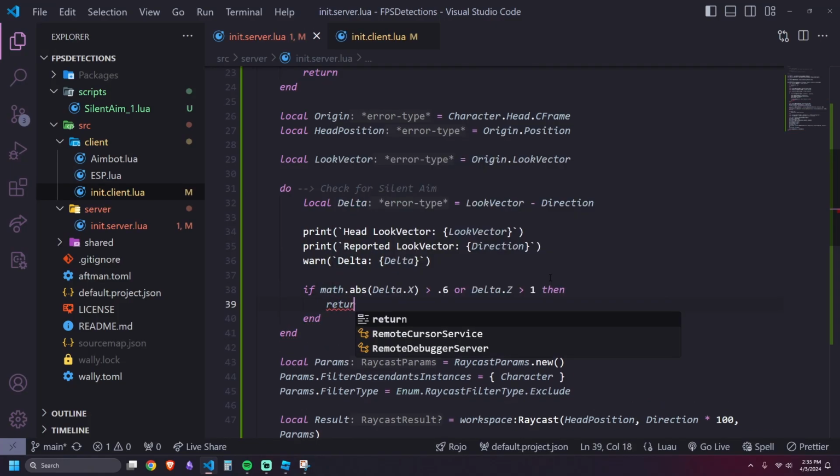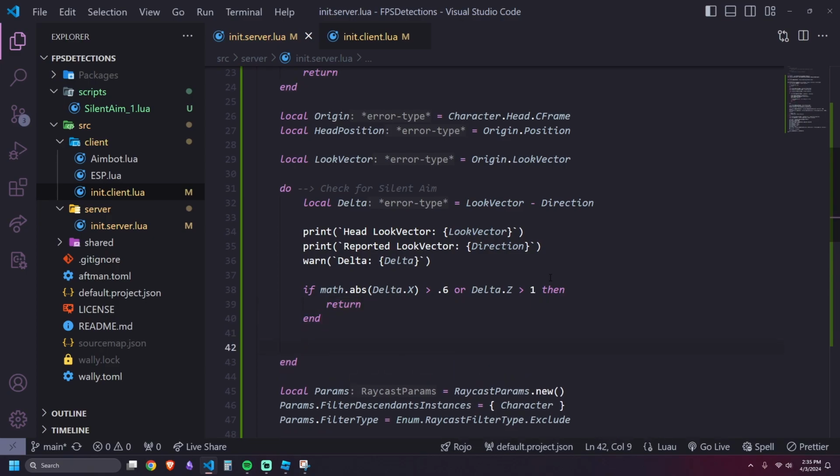I think those numbers are also inflated, but we'll figure it out. Math.abs(delta.X)